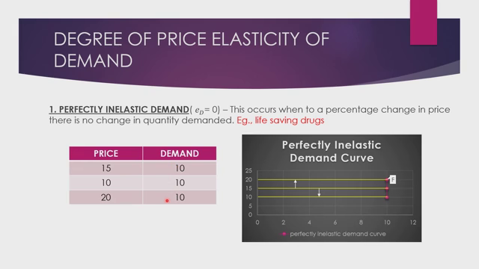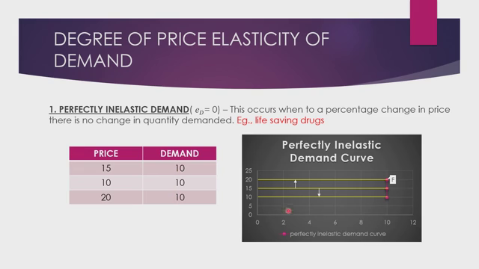This happens in the case of life-saving drugs or medicines, because these are essentials of life. You need a prescribed amount of medicine. You cannot decrease the usage according to your income. Whatever the price, you have to pay for that good. If the price of the medicines increases, even then you need 2 tablets. Even if the price decreases, you still need 2 tablets. So irrespective of an increase or decrease in price, you continue to use the same quantity of the good as prescribed.